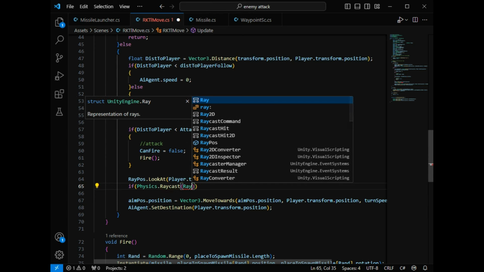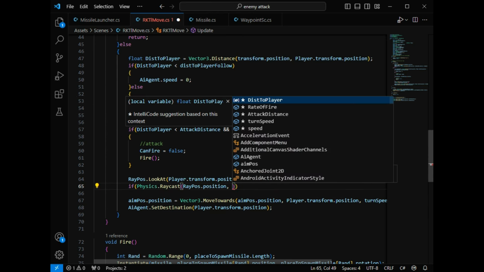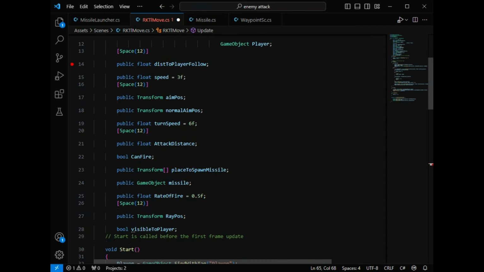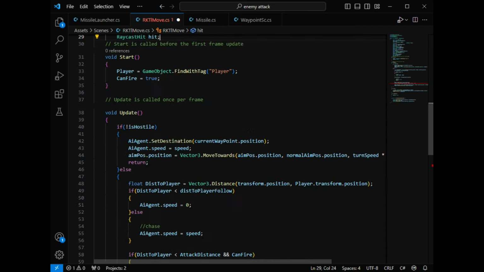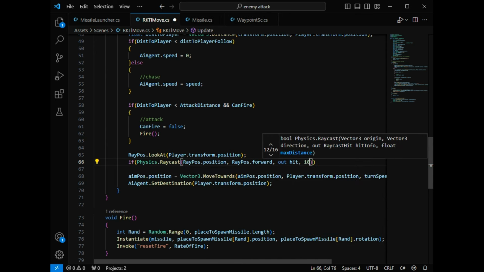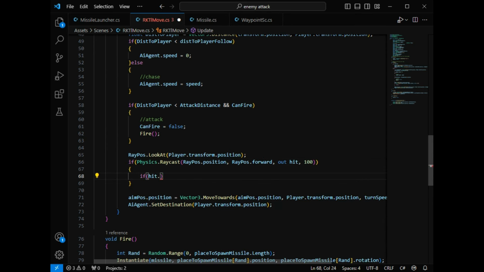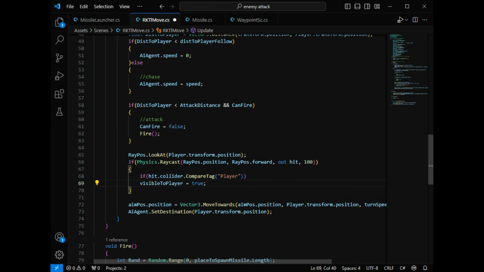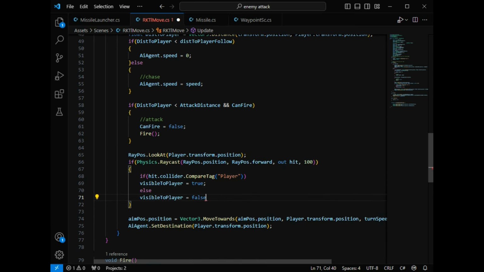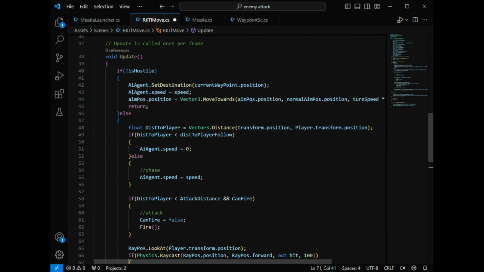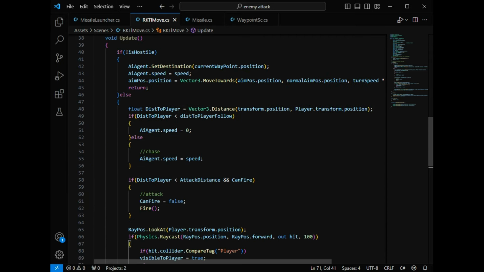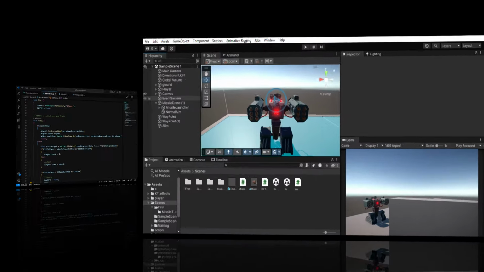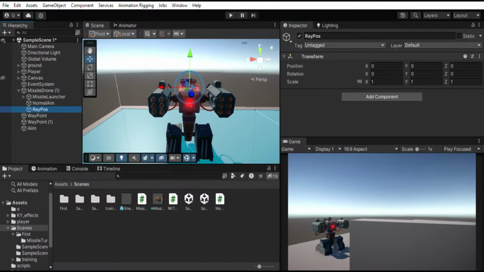So this is how we're gonna cast a ray. This is a raycast from rayPos.position. The rayPos.lookAt is basically a separate transform, for which the rayPos is always gonna look at our player, like there is no smoothing in between. Alright, if hit.collider.CompareTag("Player"), that basically means it's hitting the player, so visibleToPlayer is true, and if it's not hitting the player, visibleToPlayer is false. Now we're just gonna say if distanceToPlayer is less than the attack distance and isVisibleToPlayer, only then we can attack. Let's create a new transform, rayPos,